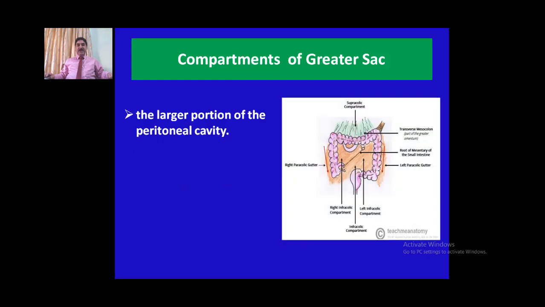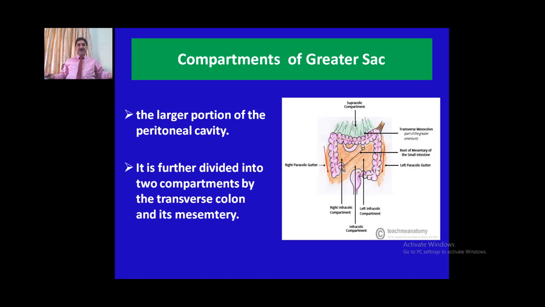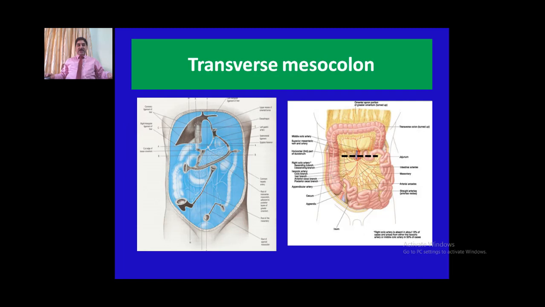Compartments of the greater sac. The greater sac is the largest portion of the peritoneal cavity. It is further divided into two compartments by transverse colon and its mesentery. The transverse colon and its mesentery divides the greater sac into supra and infracolic compartments. Supracolic compartment lies above the transverse colon and its mesentery, whereas infracolic compartment lies below the transverse colon and its